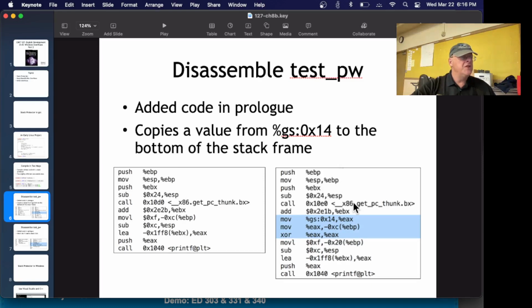This one here does the same thing, but then it adds these extra instructions, where after it's created the stack frame by subtracting 24 from the ESP, it then takes this value from the GS register, 14 beyond it, puts it in EAX, and then moves EAX into a position 12 bytes away from the EBP. So this puts a canary value at the end of the stack frame, 12 bytes from the end. That's what this is. This is an effectively random number. It's copied from somewhere, put at the end of the stack frame, and then